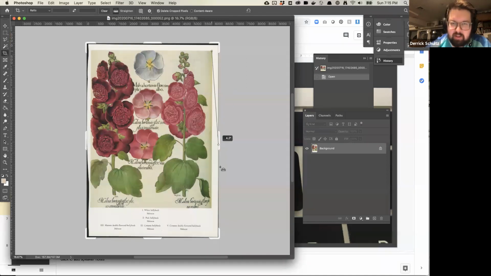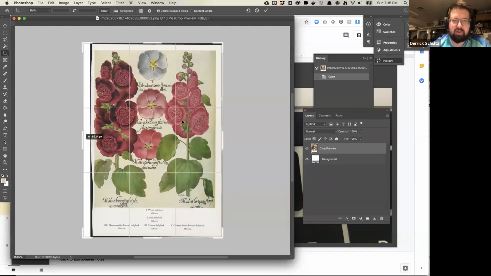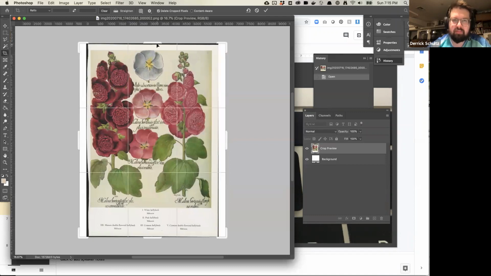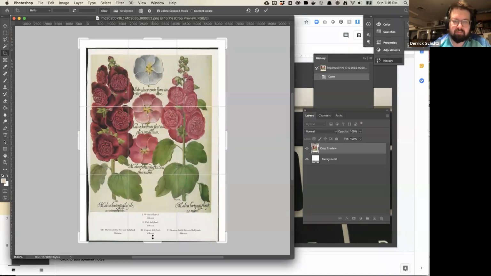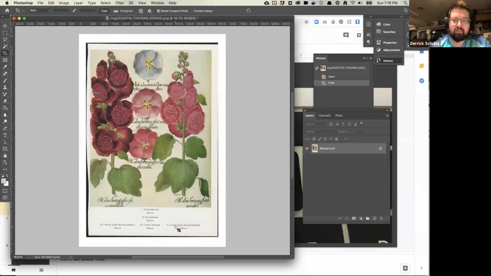In this case, I'm just going to grab this and move this here. You'll see it's saying it's rotating at -0.1 degrees. Some of my scans are really messy and they need a lot more than that. But I find this is a nice way to create a crop that aligns to some sort of line. Once that's here, then you have this cropping tool. Sometimes the edges are really messy and I need to actually extend the artboard, which you can do. And then you just hit return and it crops it. So that's the first tool I use.